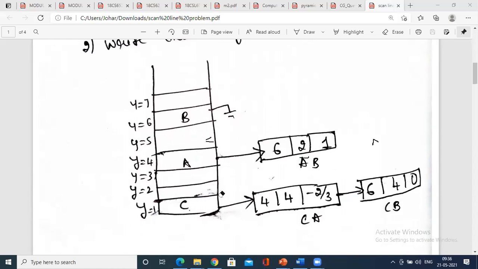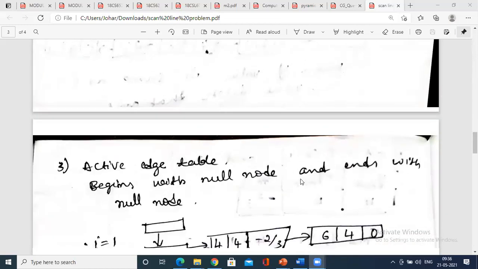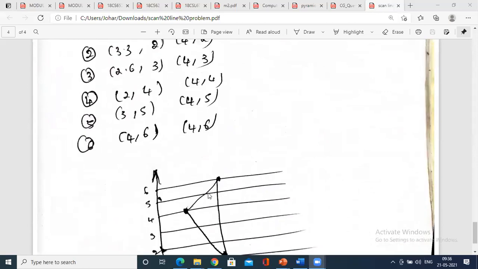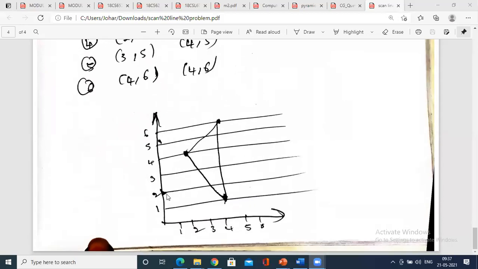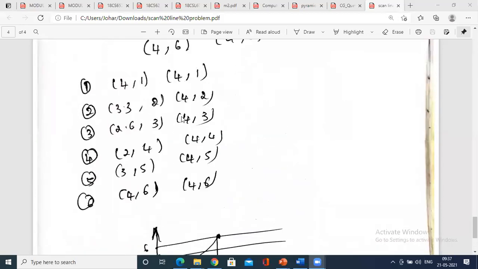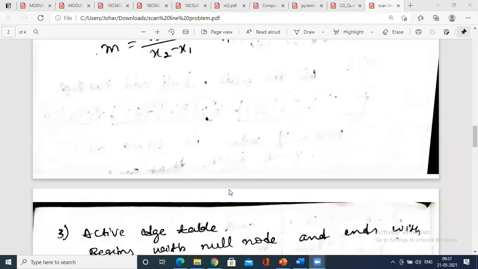Now coming to the active edge table. The active edge table is nothing but what was globally seen; we are not going to fill the pixels with the scan line in the initial stage, which is the global edge table. Now in the active edge table, you have to start filling with the scan line. You need to identify these vertices: 4141, 3.322, 2442. Scan line 2 intersects at 3.3 and 2 and 42. Scan line 1 intersects at 4141. How do you know? That is important. So let me start the active edge table.